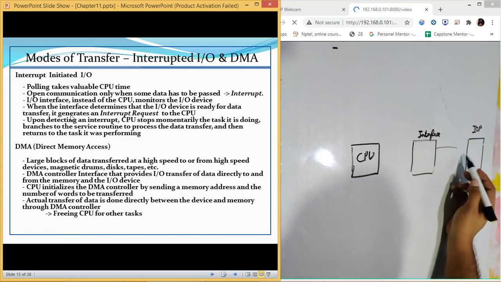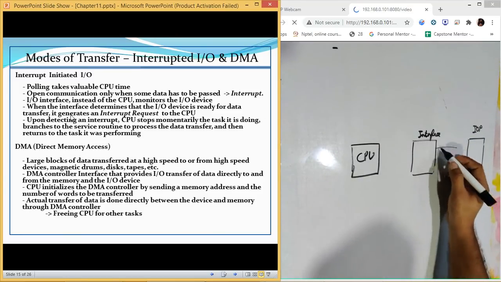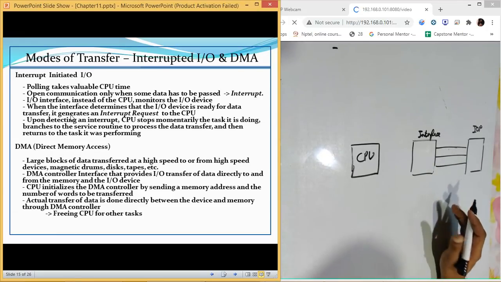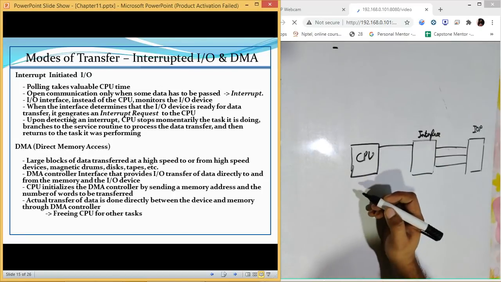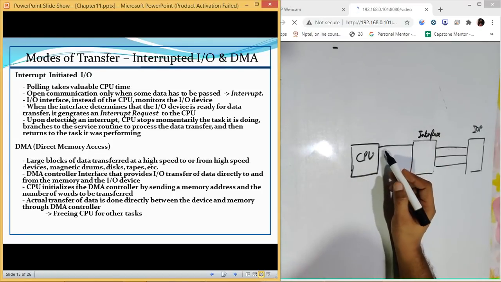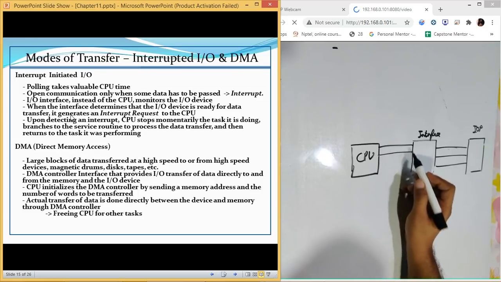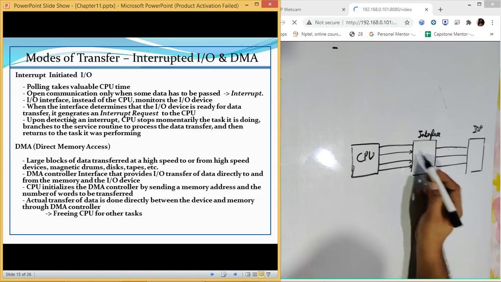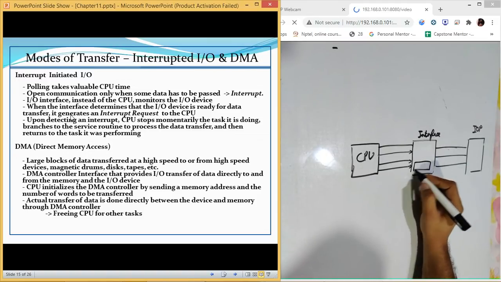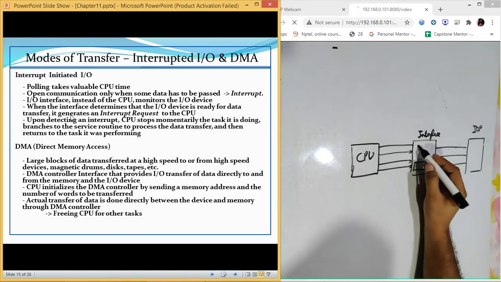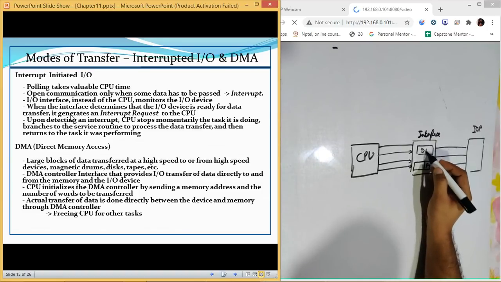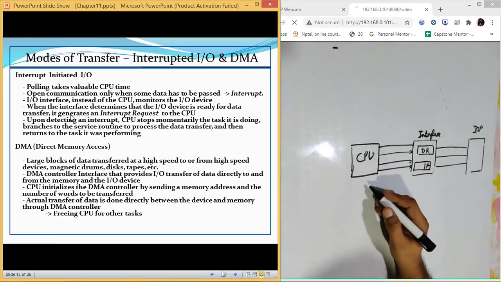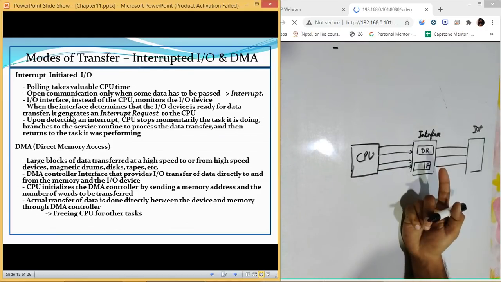The rest of everything, or the functionality of transferring the data like data bus, data valid, data accepted signal, all are going to remain the same. Here it will be the same process where we are going to have data bus, address bus, IO read, IO write. Everything is going to remain the same. We will be having the status register as well. We will be having the data register here. Now, the only change is in the application of that scheme.